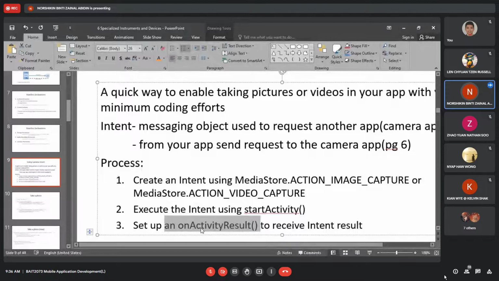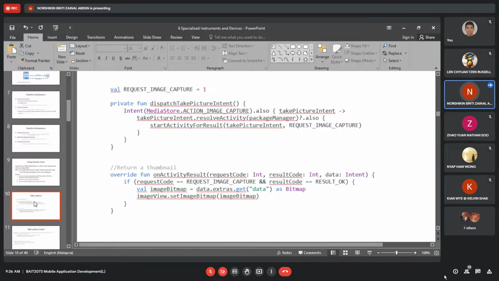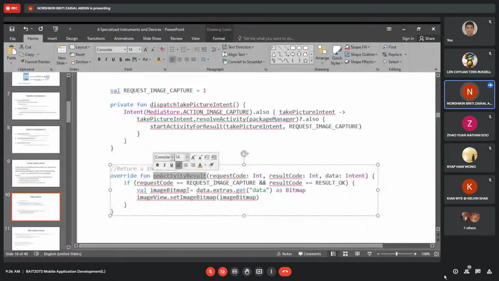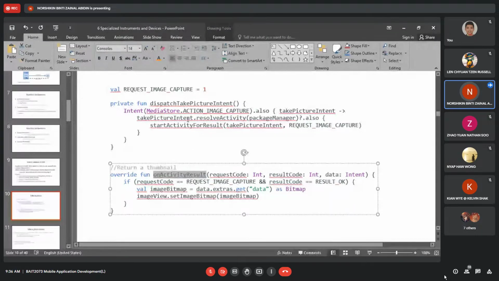If you can refer to the last step, this is the term that I used just now, the response. The result or the response to your request. So here, activity result means they're going to return to you the result. So if request code equals request image capture, the first function that they send here, and the result code is okay, they are going to return you the photo, the image.